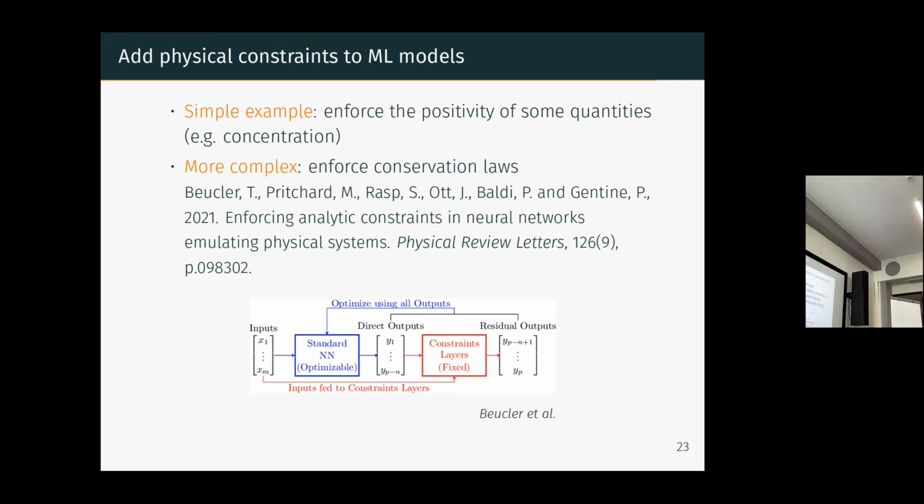So this is an example of a very nice paper, but it's of course a scientific paper. If you like to read scientific papers, you can read this one. You have a neural network that gives you some output, and you add to the output one processing layer that will enforce some conservation. So you add one red box, which is something that you know, and one blue box, which is something that you learn. In a way that you're sure that the output will correspond to what you know, but you still learn what you don't know.